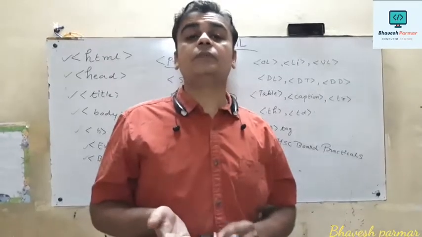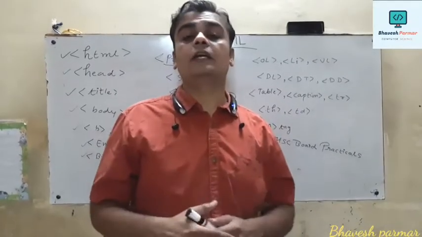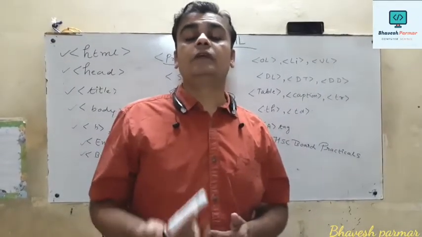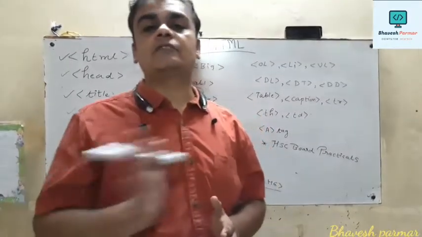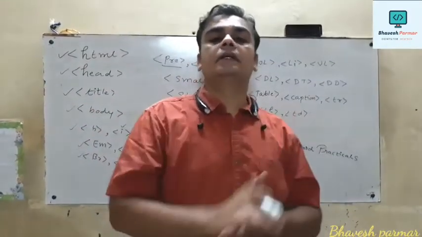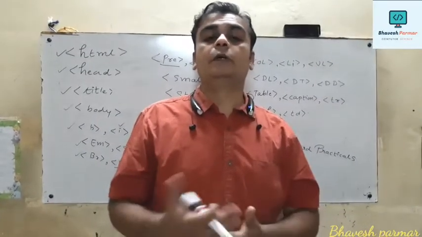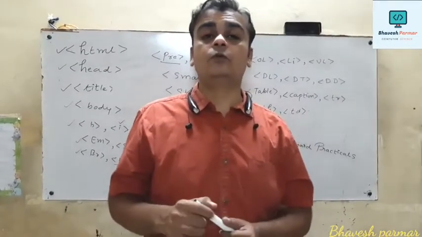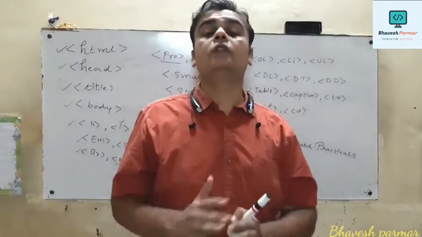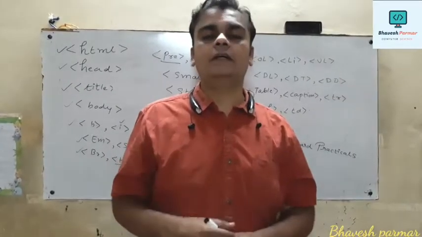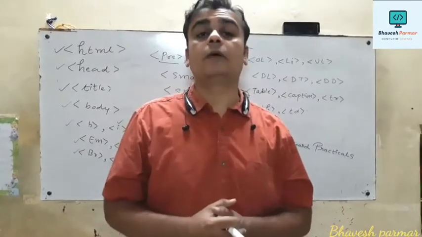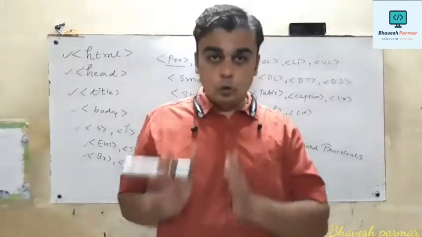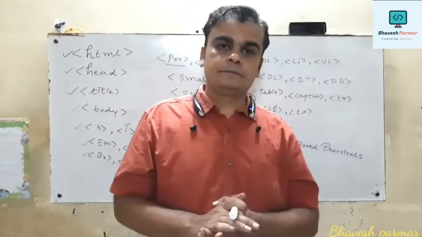So what happens in the case of BG color? If we use a background color for that scrolling text, it will display a strip on your screen, and the text will be displayed in between that strip. Thereafter the loop attribute is used. So what happens in the case of the loop attribute? We can control the total number of times that particular text scrolls. So if I'm using loop equal to 5, then it scrolls the text only 5 times.